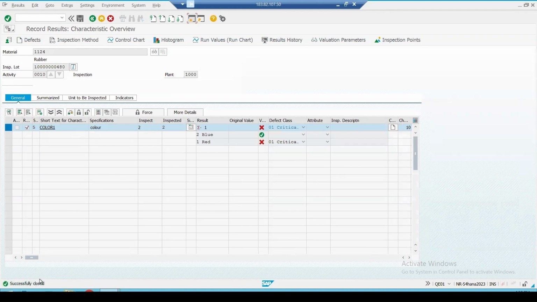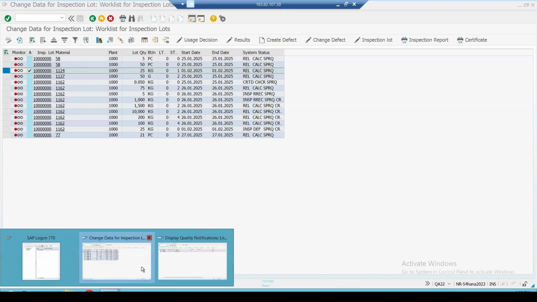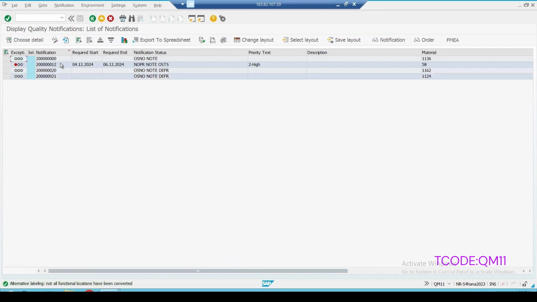On the lower half, you can see successfully closed the MIC and status is 5. Once I click on save, on the bottom, you can see the notification has been created. That message came. My report. And if I refresh it, one more notification is created, which is in outstanding state, right? 2021.